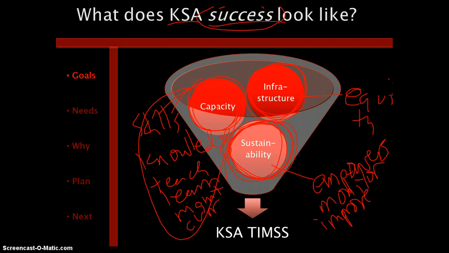Now, the dark side of this is that anytime there's monitoring, there's the opportunity for punishment. Accountability often looks like punishment more than it looks like improvement. So we have to remember that for every success indicator we come up with related to infrastructure, capacity, and sustainability, we also have a negative or a dark side, which we're going to try to avoid. Not by ignoring that it exists, but by saying maybe there are other ways to do things.